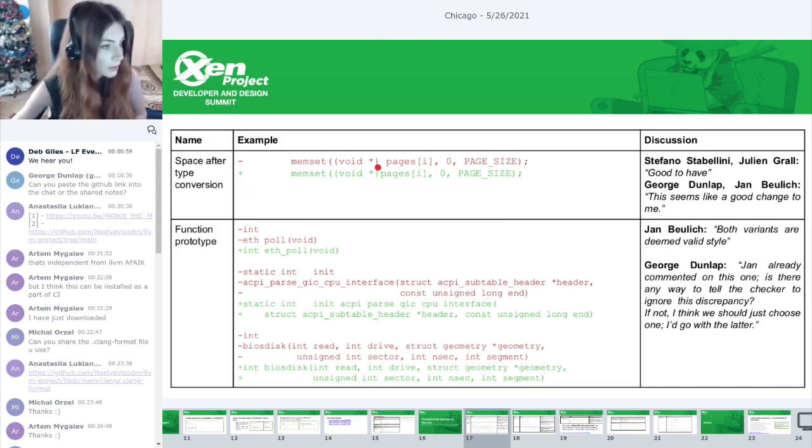So we see space here or no space here. It seems like a good change to me, good to have. So this option was approved. About function prototype, there were different opinions. For example, both variants were deemed valid style, but